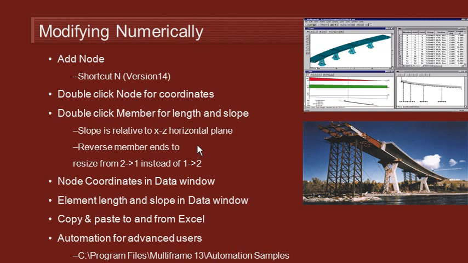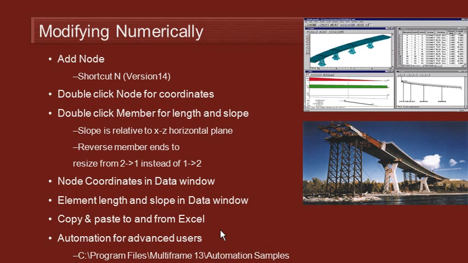When you're changing the length of a member, normally node 1 is held fixed and node 2 is allowed to move, but there's a reverse member ends command to allow you to fix node 2 and then have node 1 move. If you want to modify the nodal coordinates, it's also possible to do that in the data window where we have an Excel compatible spreadsheet of nodal coordinates. There's also an additional spreadsheet of element lengths and slopes in that same window where we can modify length and slope numerically. Both of those tables can be copied both to and from Excel for transforming the model in Excel,